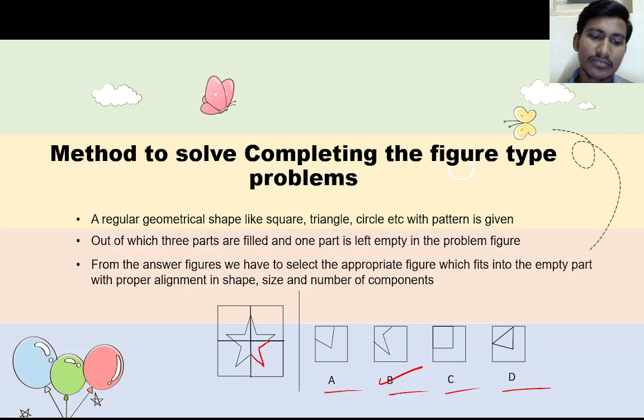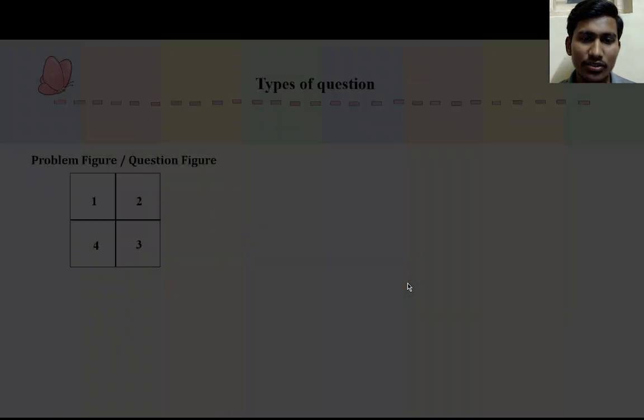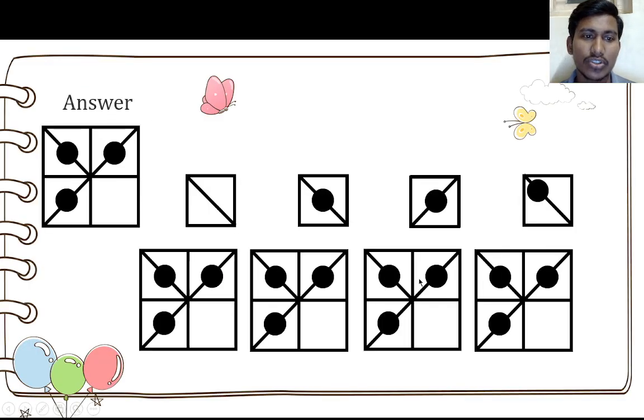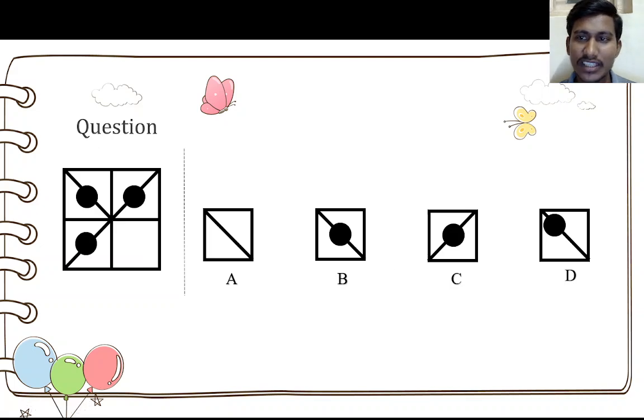So this is how we have to see the figure and identify which part will complete the figure. Understand? So will everyone be able to do it? Okay, good. So here, which is the answer in ABCD? Which is the answer? Option B. B for ball is the answer.